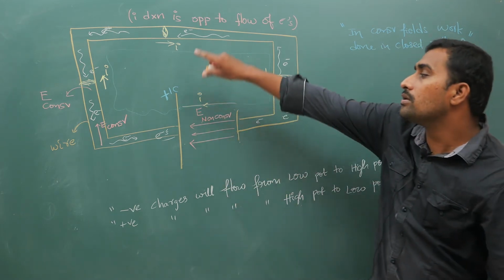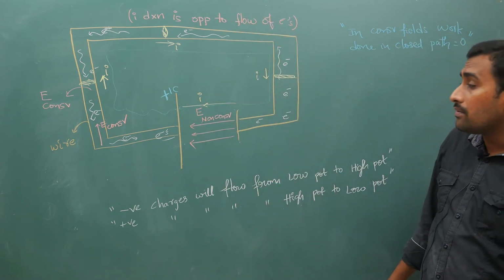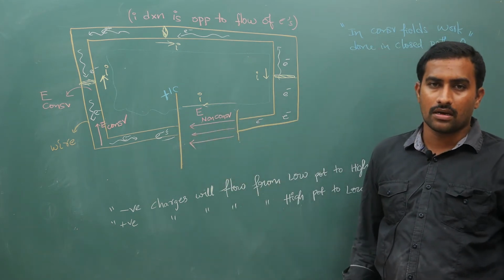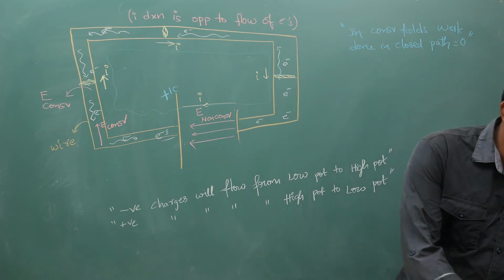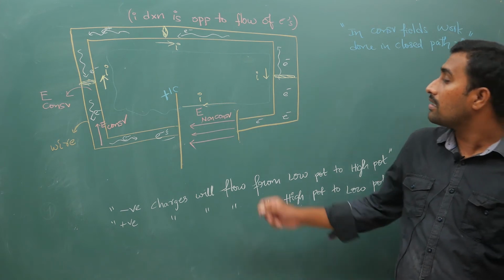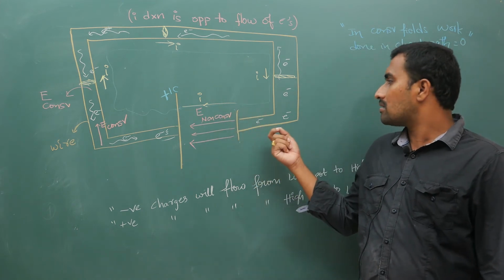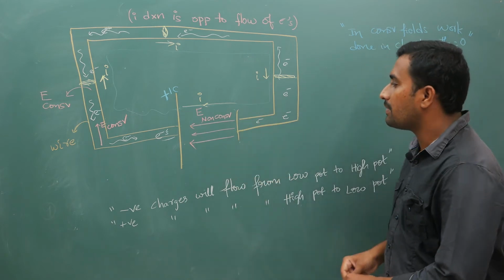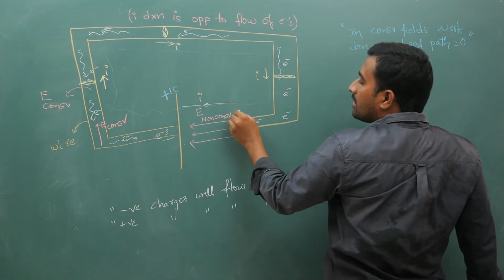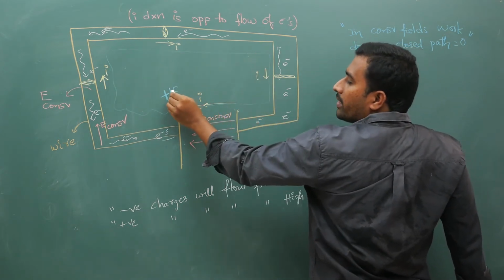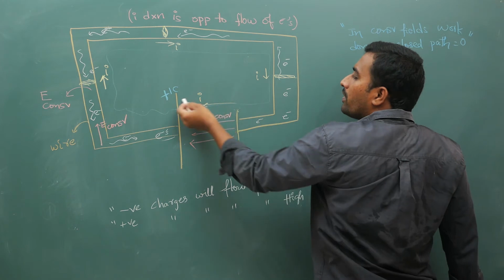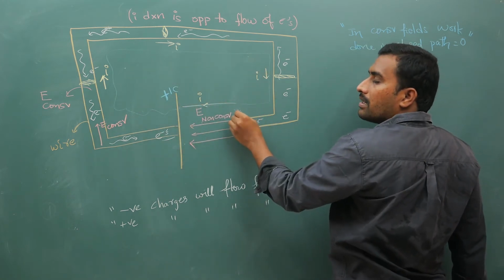now you don't have a completely conservative electric field. You have a conservative electric field only till this point. After this point there is no conservative electric field. So till the point where there is a conservative electric field, there will be a terminal potential difference. That means whatever work you do to bring this plus 1 coulomb charge till here, that part is your terminal potential difference.